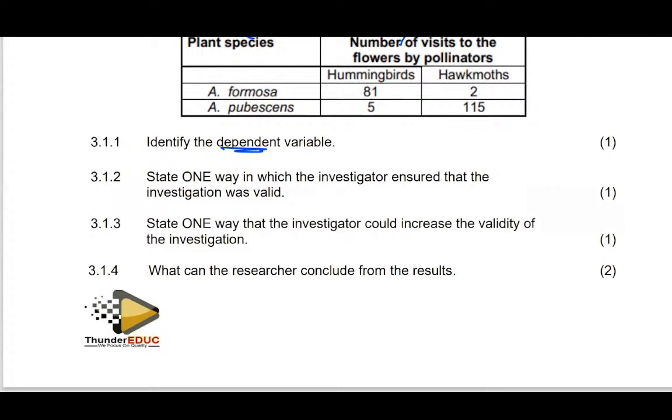Lastly, what can a researcher conclude from the result? If you look at this, hummingbirds, what do they prefer? They prefer this formosa. And then what about the hawk moth? The hawk moth prefers the pubescens. Yes, it means that the